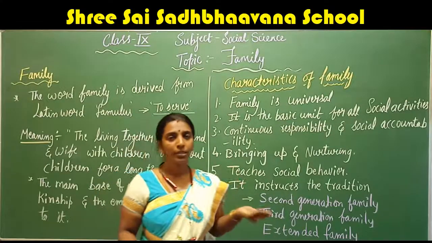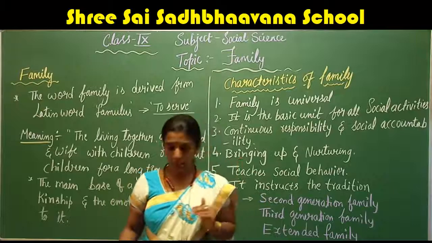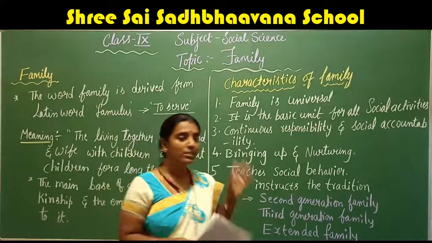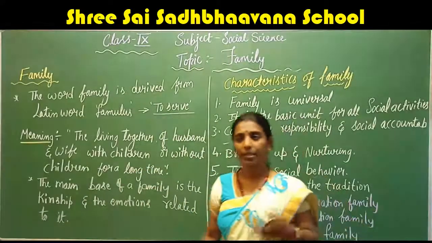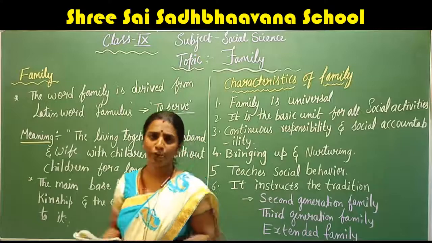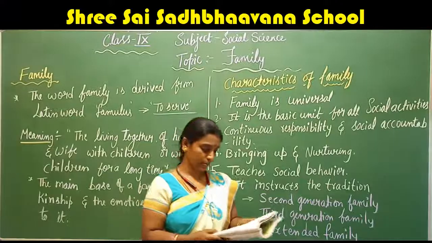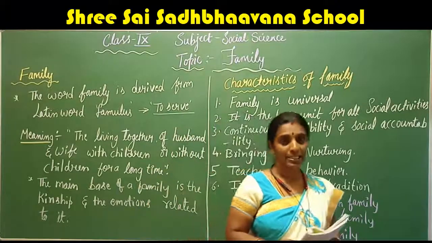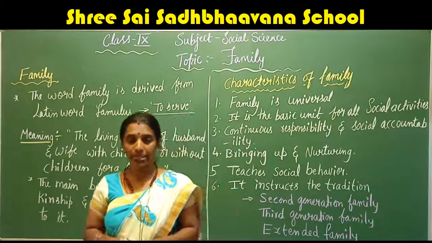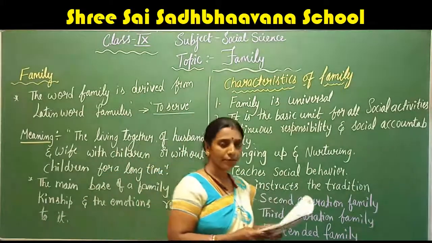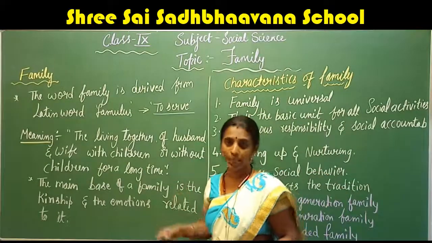Okay, and after passing these two stages, the child will enter into adolescent. So now I think you are in ninth standard, then we can call you adolescents. You have already completed some 11 years, or you are almost stepping to 12. If you are 12 and above, then you are called adolescent. So childhood and adolescent are the very important stages of socialization.